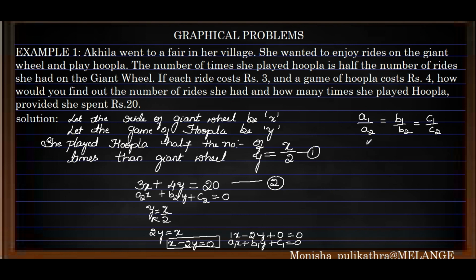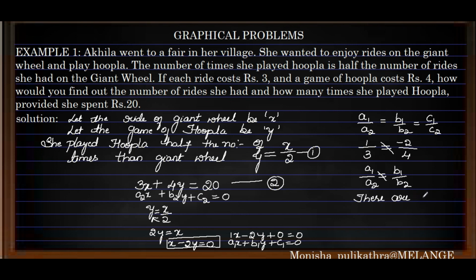a1 is 1 divided by a2. a2 is 3, b1 is minus 2 and b2 is 4. So clearly we can see that a1 by a2 is not equal to b1 by b2. If this is the case, there is no need of finding out c1 by c2, because if a1 by a2 is not equal to b1 by b2, the rules of linear equation say that